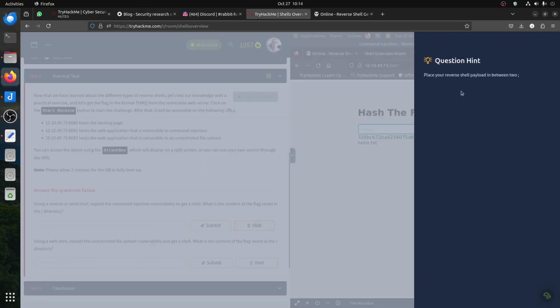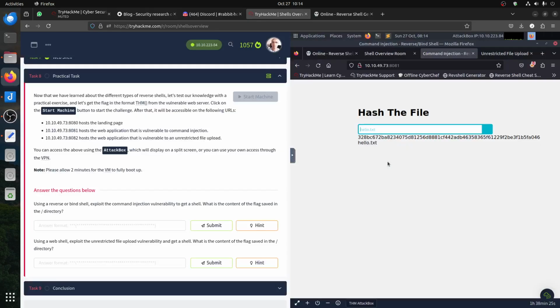That's why the hint he gave you said place your reverse shell payload in between two tokens. Remember, these things come by experience and the way the application doesn't filter results. For example, this is a known trick, so that's why he said put your payload between two, because if I put two there,